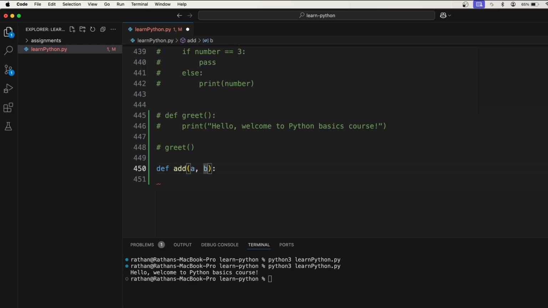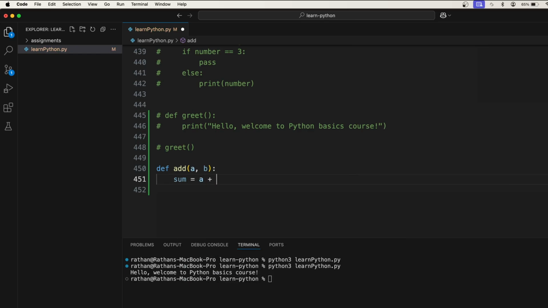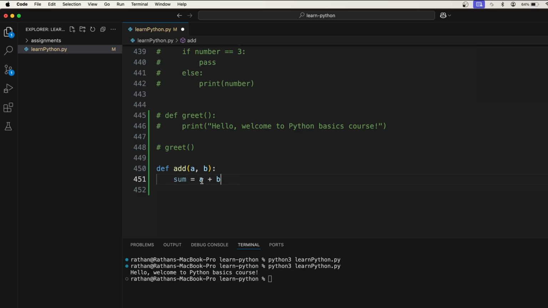You can pass any number of parameters, not only two. Right now I have passed only a and b. If you want to pass 10 parameters, you can do that also. For simplicity, I'm using a and b here. So this is the input. Now you see, we have not defined anything. There is nothing called a and b, right? I'm simply writing a and b blindly. And what I'll do is I will say sum is equal to a plus b. Sum is equal to a plus b, right? So now I'm adding a plus b and storing the result